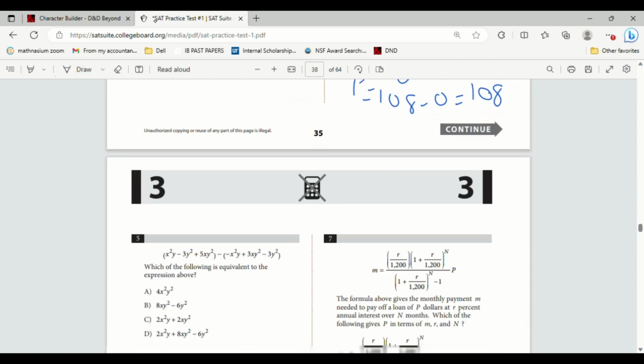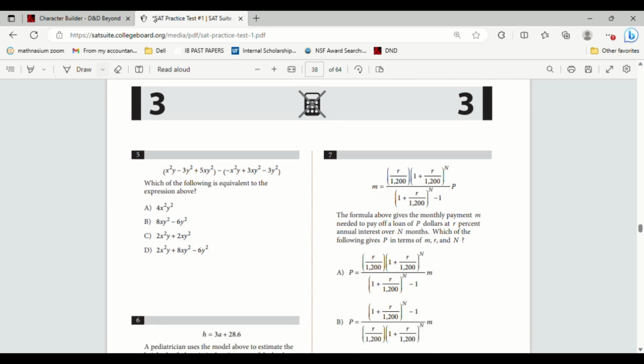Number 5, we have x squared y minus 3y squared plus 5xy squared, minus negative x squared y plus 3xy squared minus 3y squared. And since this is minus all of the terms in the parentheses, I like to distribute the negative sign,